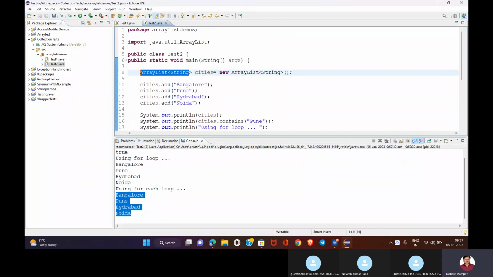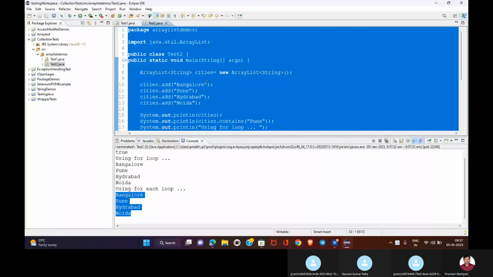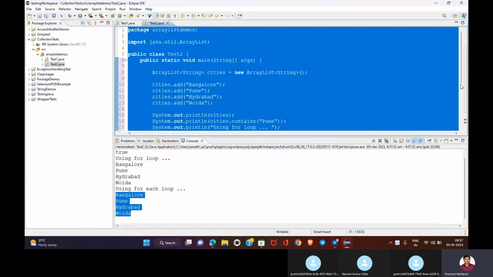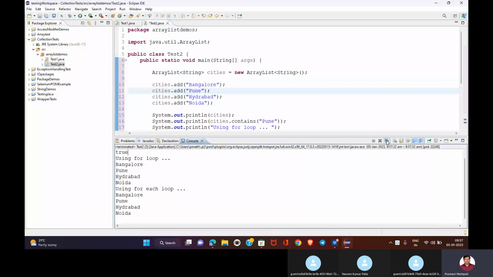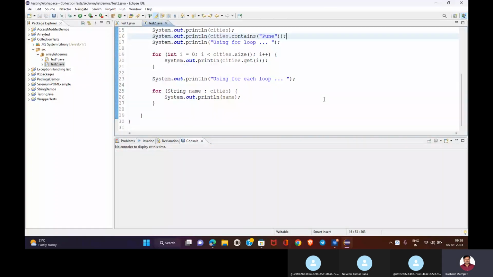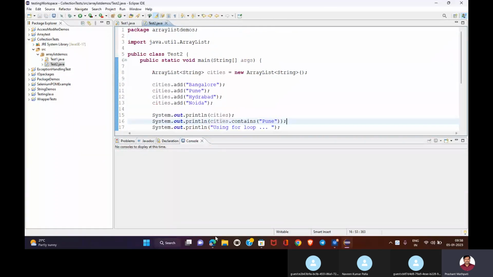So when do we go for an array list? If duplicates are allowed and insertion order is preserved, in that case, what should I go for? I should go for array list. Now, next one,